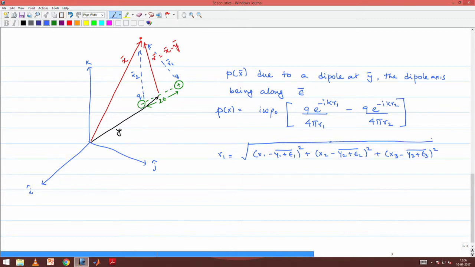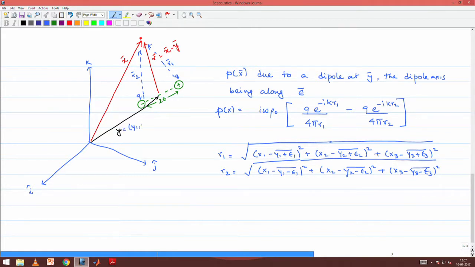So, this is the quantity r 1, and similarly the quantity r 2 would be denoted by under root x 1 minus y 1 minus epsilon 1 this time whole square plus x 2 minus y 2 minus epsilon 2 whole square plus x 3 minus y 3 minus epsilon 3 whole square. So, these are the expressions for r 1 and r 2,